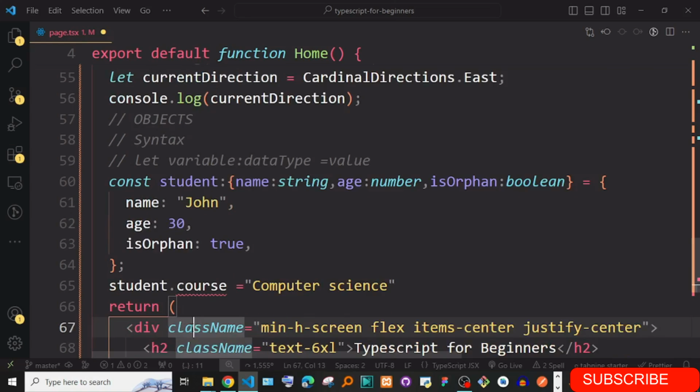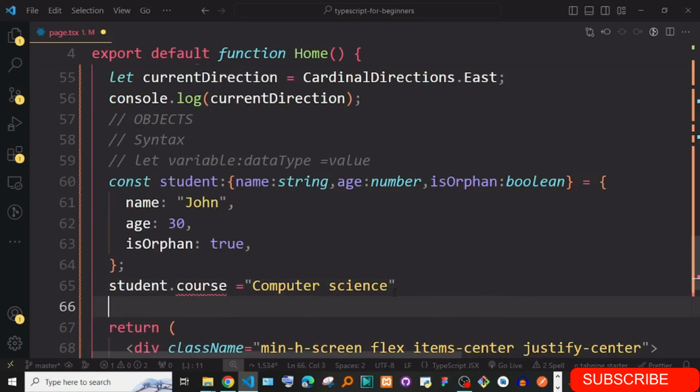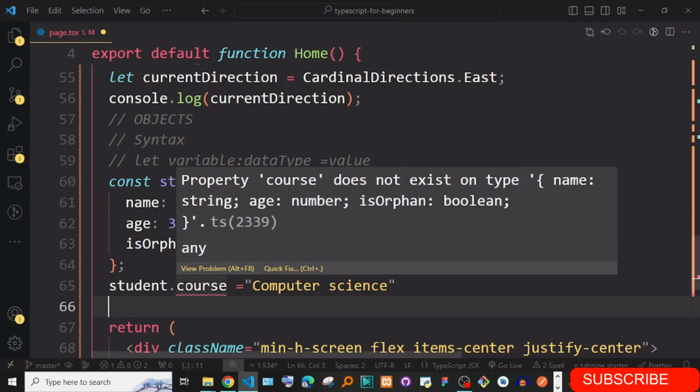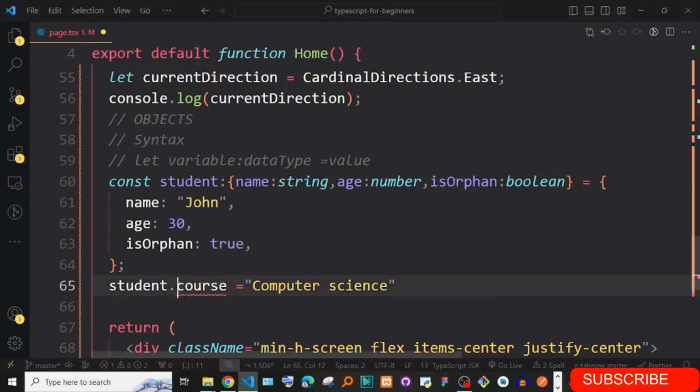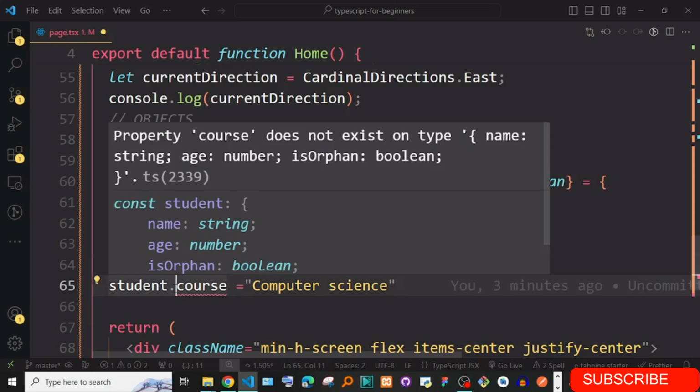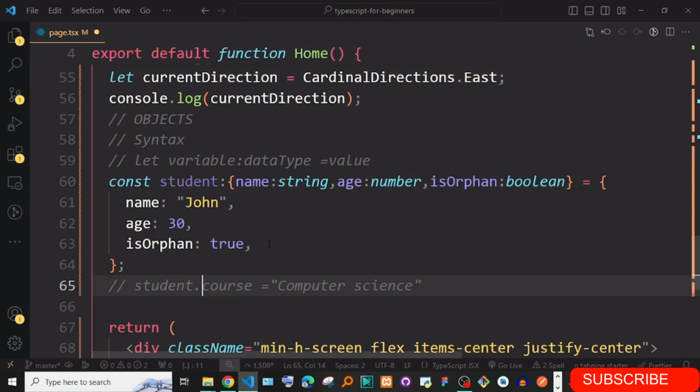Already it will give you an error, telling you that course does not exist on type this. It is showing you the type you have here. You have only the name, age, and orphan. This doesn't exist.